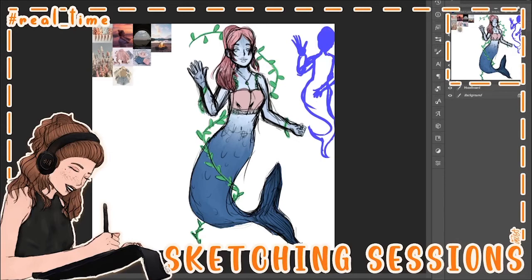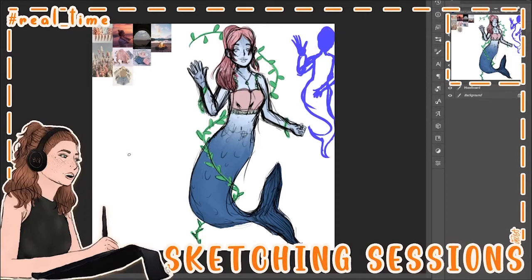Because the pearls don't really stand out, I'm making them a different color actually, because I need them to stand out. So I feel like maybe I'll add, wait a second,